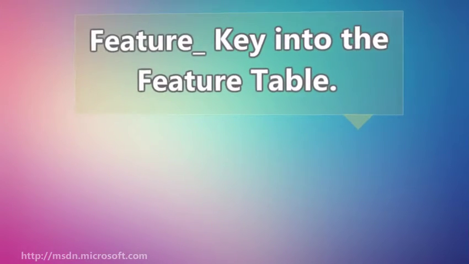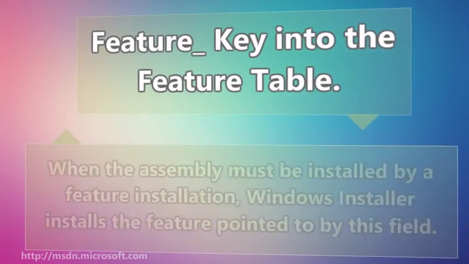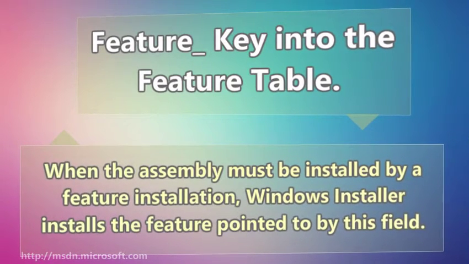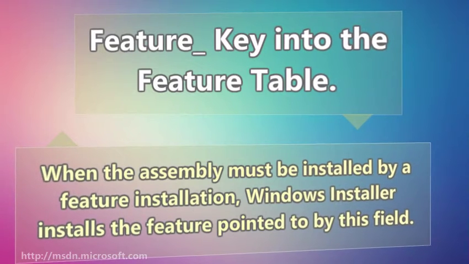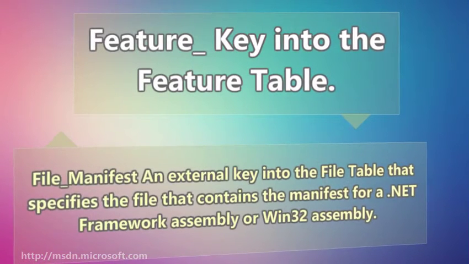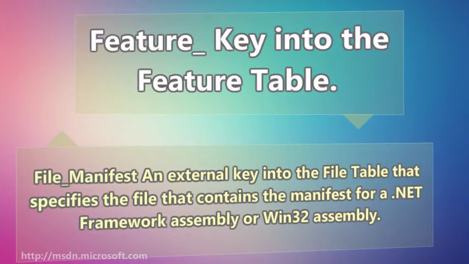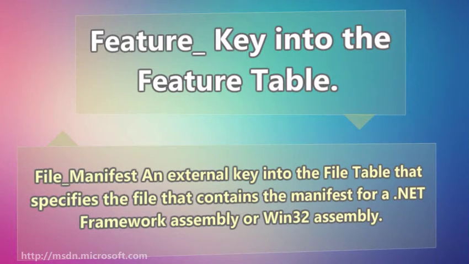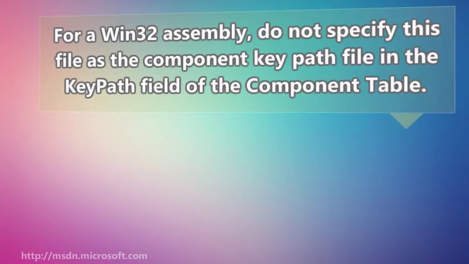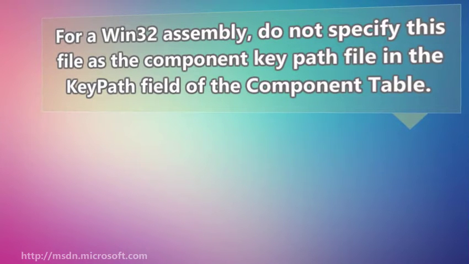Feature_: key into the Feature table. When the assembly must be installed by a feature installation, Windows Installer installs the feature pointed to by this field. File_Manifest: an external key into the File table that specifies the file that contains the manifest for a .NET Framework assembly or Win32 assembly. For a Win32 assembly, do not specify this file as the component key path file in the KeyPath field